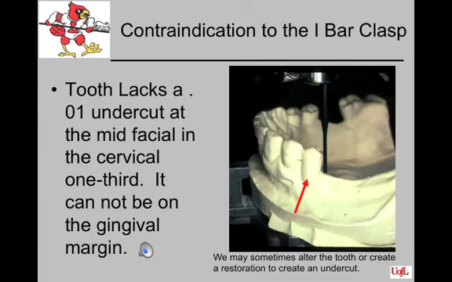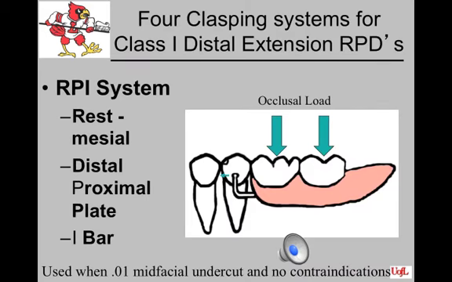An obvious contraindication to the I-bar is when the tooth does not have a 0.01 undercut on the midfacial or slightly to the mesial of the midfacial of the buccal surface. It may be necessary to alter that tooth through preparation or create a restoration with the undercut prepared in it, like with a crown. And lastly, if a tooth lacks a 0.01 undercut in the midfacial in the cervical third, it cannot be used